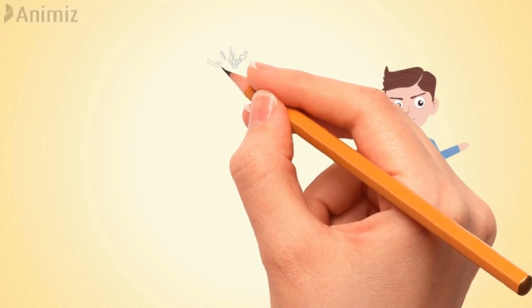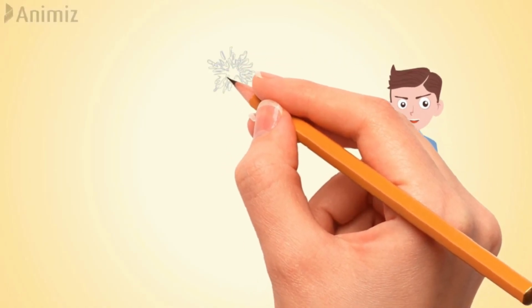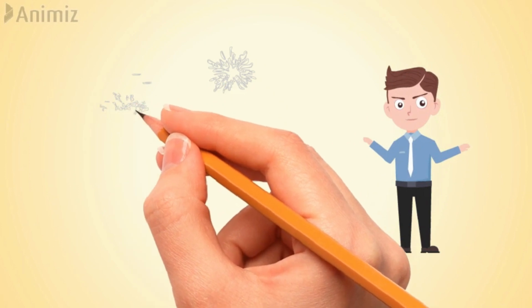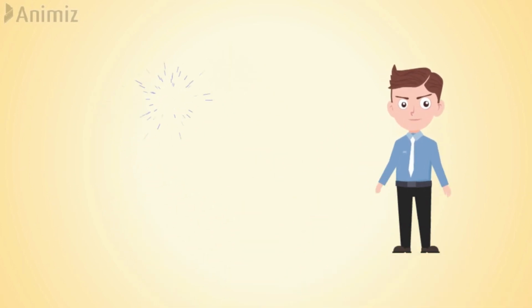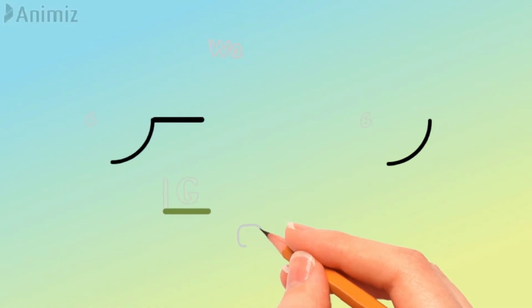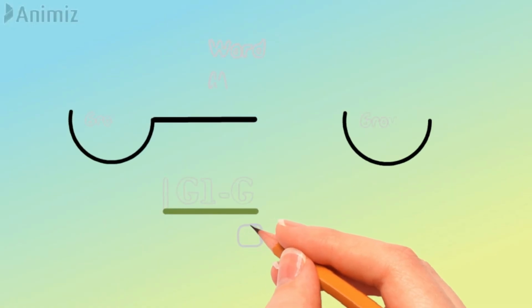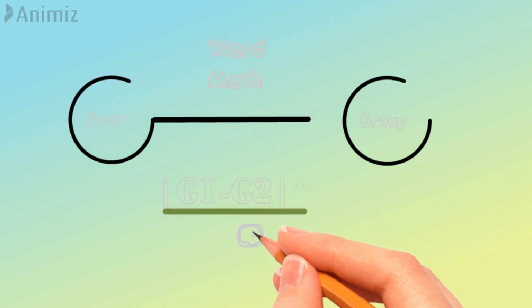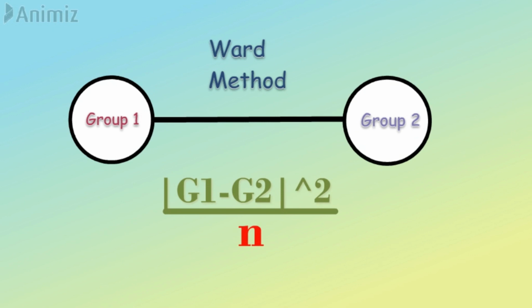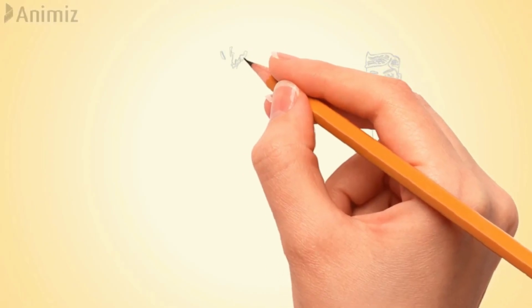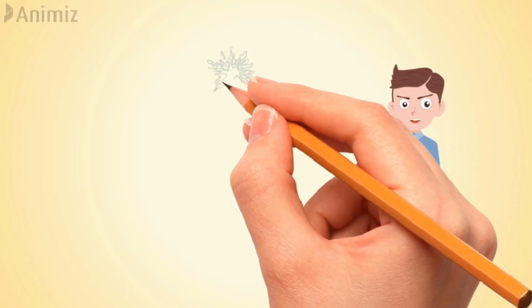Now after forming all the groups, which we call clusters, you have to find the distance between each of the clusters. There are various methods available to find the distance between two clusters, but in this tutorial we will use the Ward method, which is nothing but the squared mean distance between two clusters. I hope you all have a good understanding of the theory part, and when we write the code and visualize the data, you will be able to understand it better.